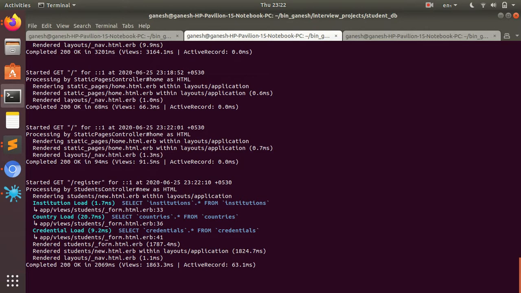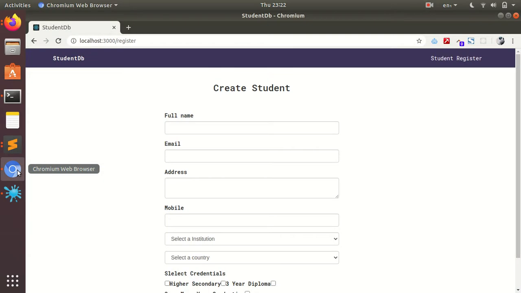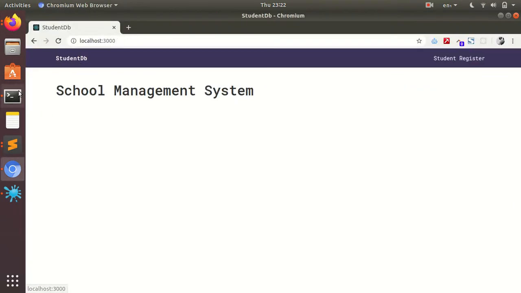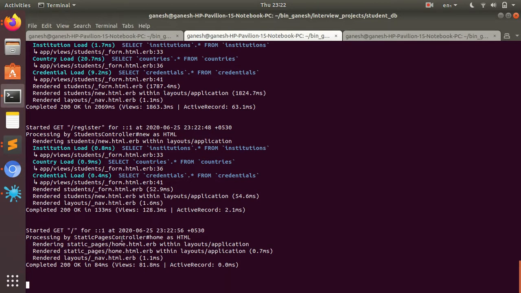At a time it can print 50 lines. So if I refresh it, yes, it was printing, right? Register new, 2 times. And if I visit the home page again, home page, like this.